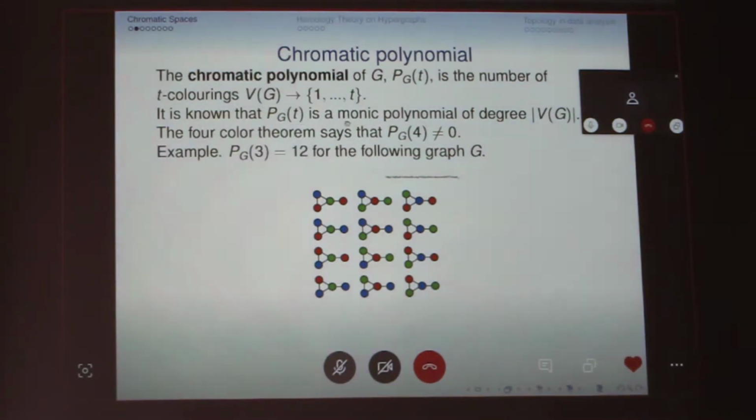Here are a few examples. Like P_G(3) for this example will be given by the value 12, right? And the four color theorem should state